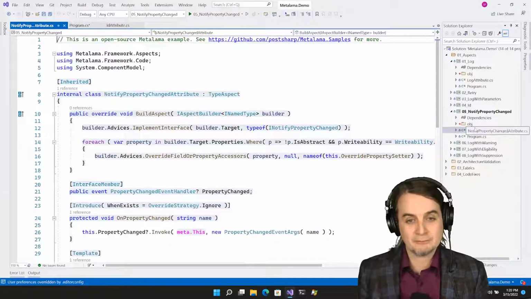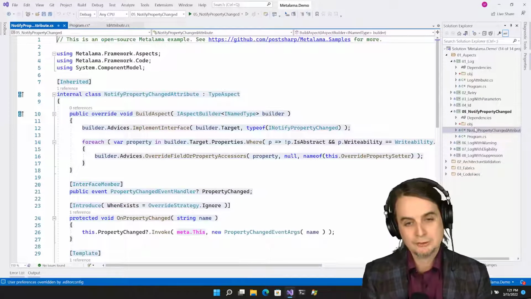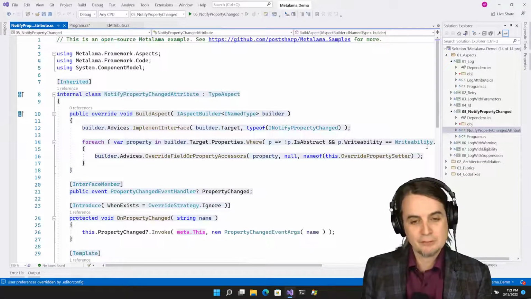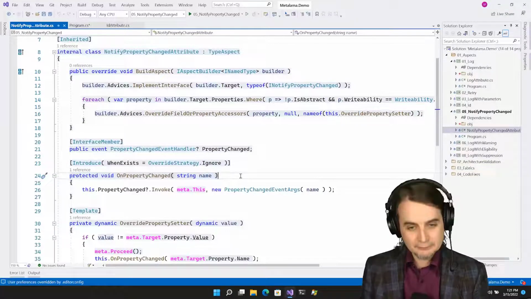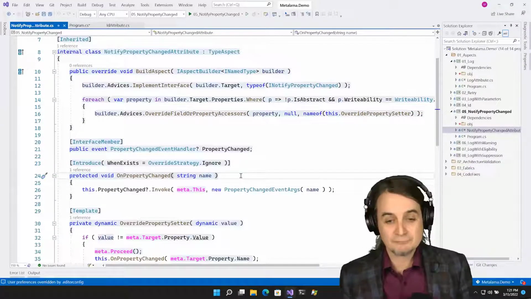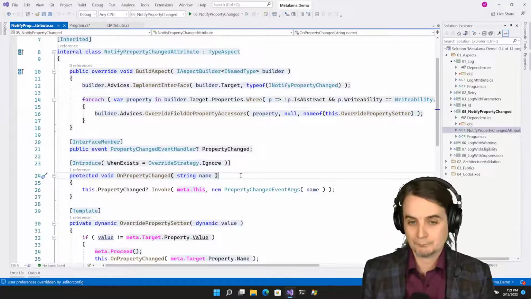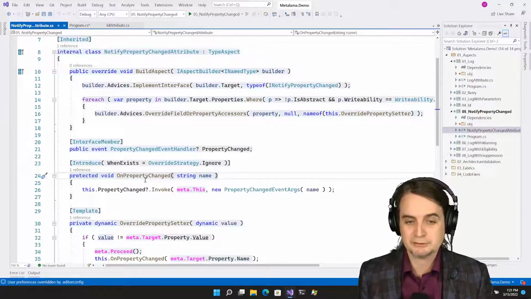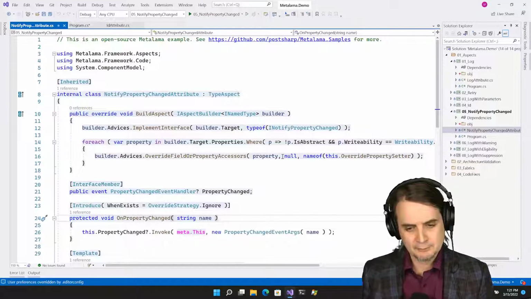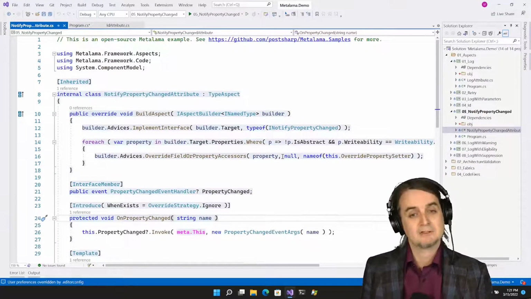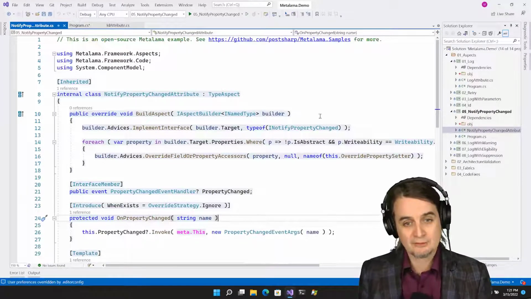So here is an implementation of the notify property change aspect, and to implement notify property change, you need to add an interface, you need to add a property change event, an on-property change property, and then you need to override or to edit every property setter to check for a change and then to call the on-property change method. So this is the pattern. If I had to explain the pattern to a junior developer, this is how I would do that. So it's exactly the way that you do that with an aspect.